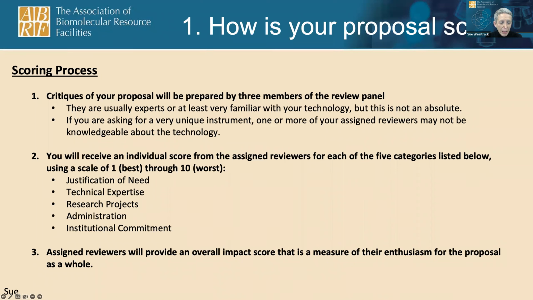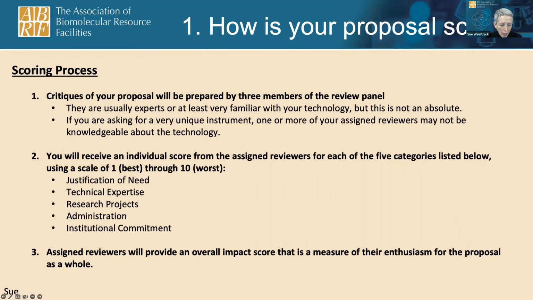Now, something that needs to be clear is there are 5 scoreable categories, and they're listed here. The assigned reviewers will give a preliminary score after they've generated their preliminary critique, with 1 being the best and 10 the worst. 1 meaning that there are no weaknesses at all that they see. 2, maybe very little or almost none, and going up the road. Now, there are some reviewers who just never give 1. That's just their rule. But in general, it is based on the weaknesses that are seen and the enthusiasm that the reviewer has based on what you've written.